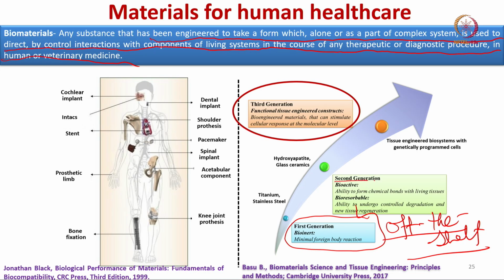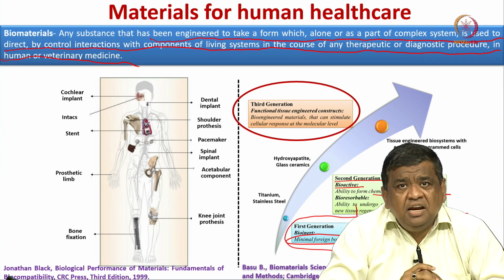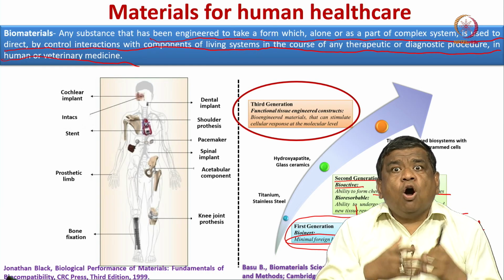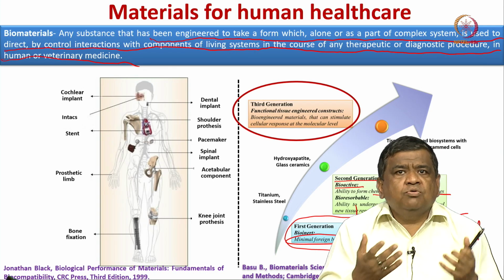Second generation biomaterials, particularly the bioactive materials, have the ability to form chemical bonds with living tissues. So, this ability was not there in the first generation biomaterials. So, it has very minimal foreign body reactions. Foreign body reactions means whenever you have biomaterials placed in a human body, there is a tendency for the natural system to reject any artificial material, and this artificial material is essentially biomaterials, right. So, natural system means the full organism, like for example, our human body, or any animal model like rat model, mouse model and so on.